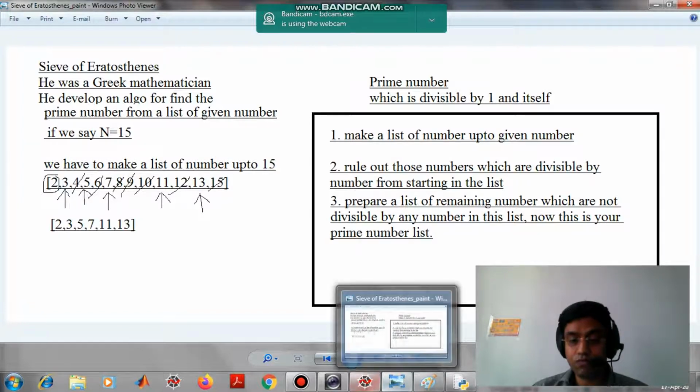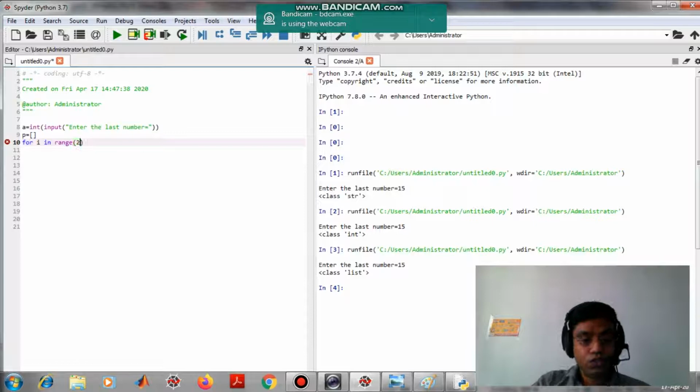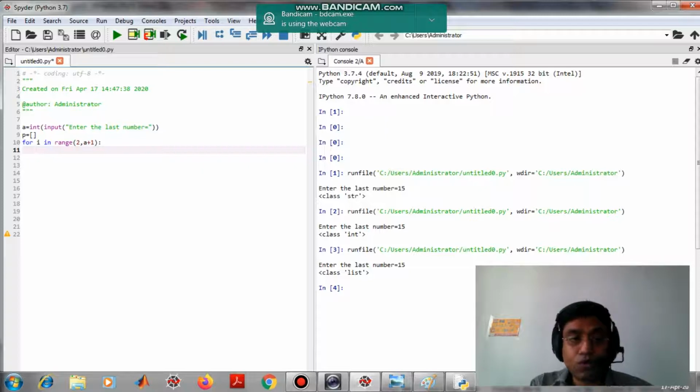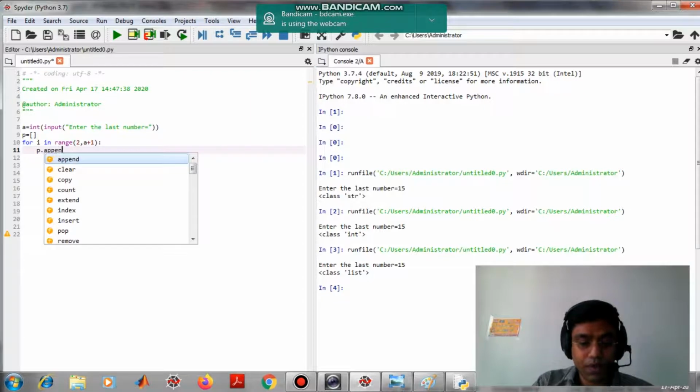So we will give a range from 2 to the last number A, and we know that the range function will work up to the last number minus 1. But we want the last number also, so we will put plus 1. Then we give the colon, and we have to append the number into P. So P dot append.